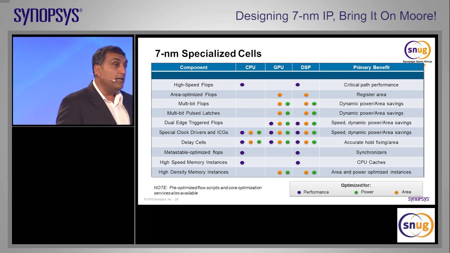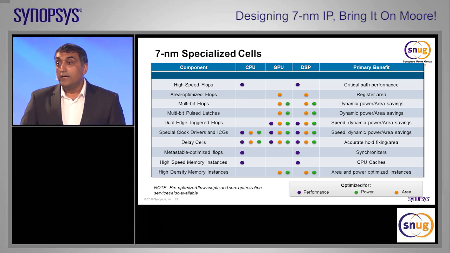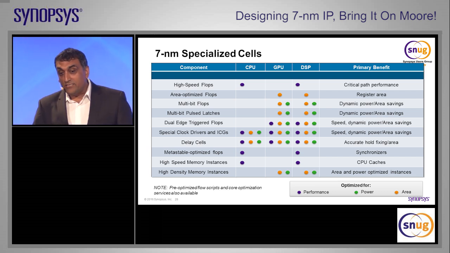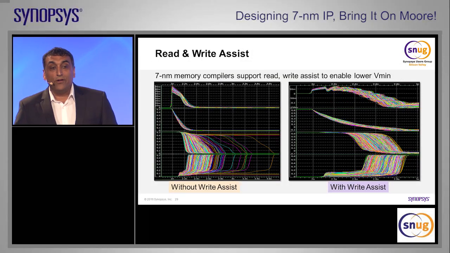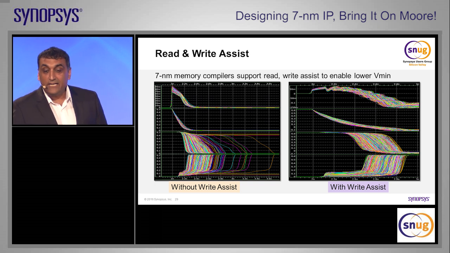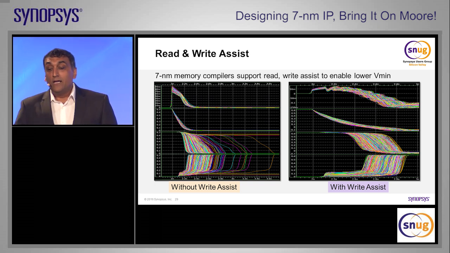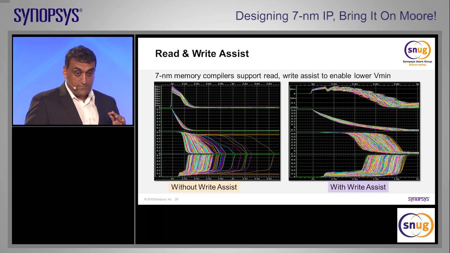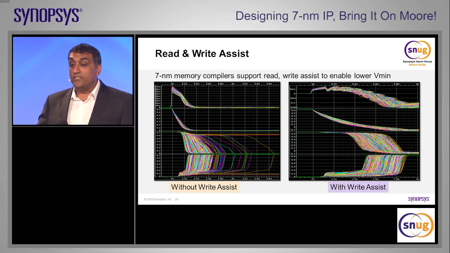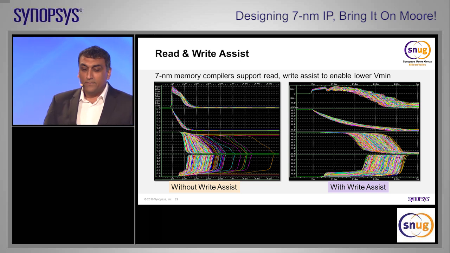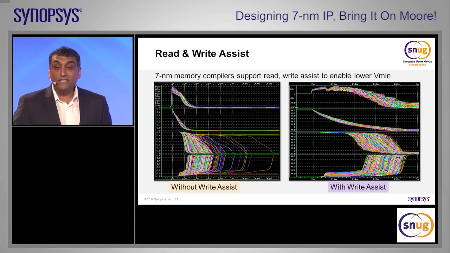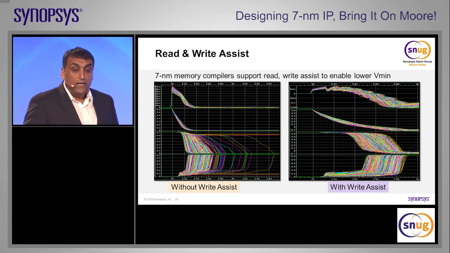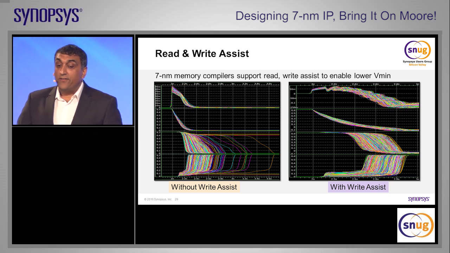Another challenge that we're seeing is customers are trying to push down the core voltage to a point where things start to not work. Okay? For memory compilers, we're looking at read and write assist technology that can support a minimum voltage lower than the rated voltage that's given to you by the foundry. So this represents around 630 millivolts supply. On the left, you see the technology without write assist. Again, these are memory compilers. Without write assist, we see failures.